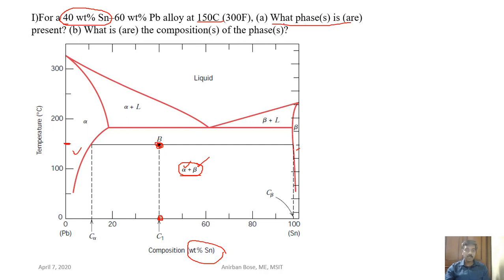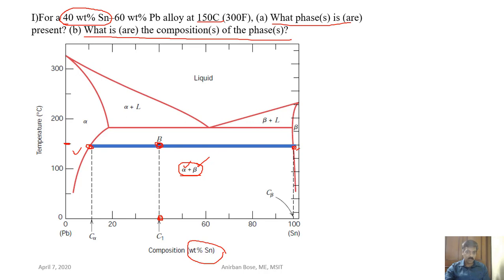The second part is what phases are present, and the second part, what are the compositions of those phases? So you have to find out the composition. And how can we find out the composition? To find the composition, we have to draw the tie line. This is the tie line. Through that point we have to draw an isothermal line, and we'll see where these isothermal lines cut in the